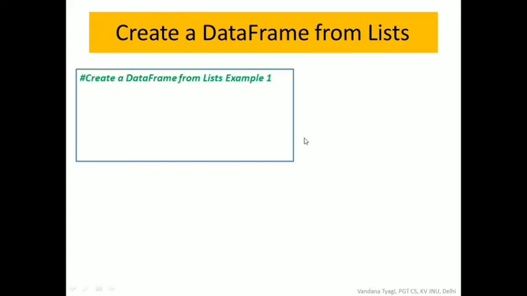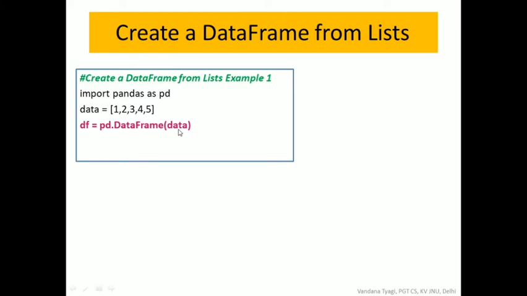Now creating a data frame from a list. So again writing this first command, import pandas as pd. Now this is a list. We all know that a list is enclosed inside square brackets, and these are the various elements of my list: 1, 2, 3, 4, 5. So it is stored under the object data. When creating a data frame from this list, we simply write df is equal to, so this df is the data frame object, pd.DataFrame(data). So this list is passed as the input.